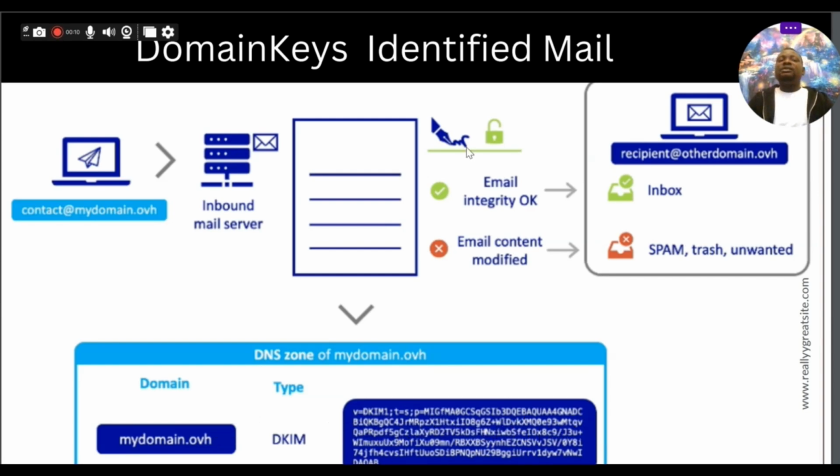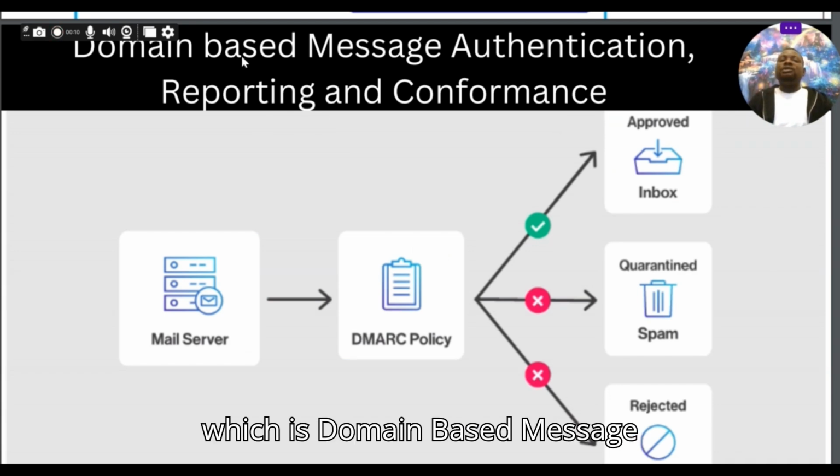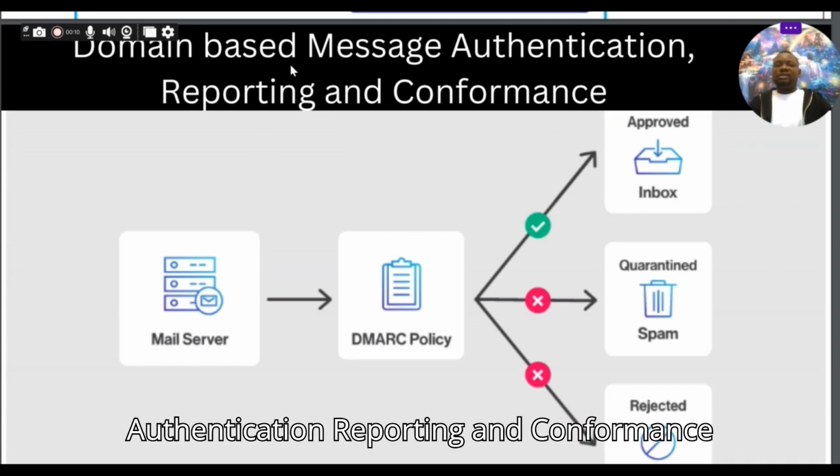But if the key, the digital signature, passes and matches with the sender, then definitely it's going to go into the inbox of the receiver. So DKIM uses a key, SPF uses IP, and then we have the third one, which is